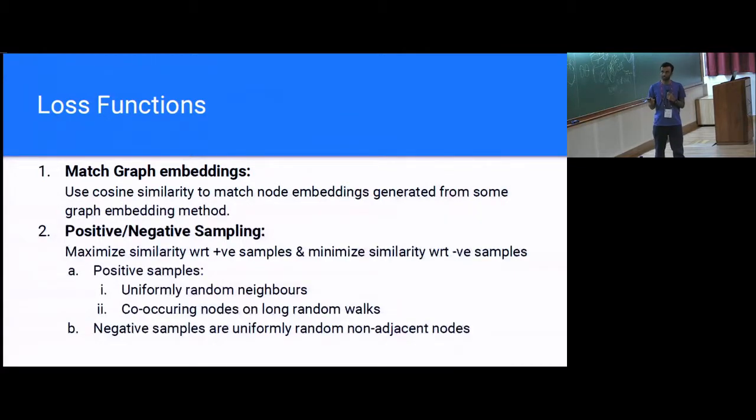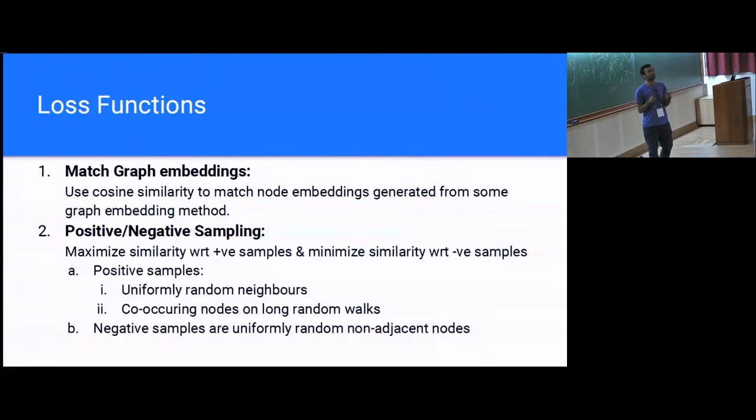And even within positive samples, we have two ways of doing it. One is from the query graph that I mentioned. You just uniformly sample your neighbors, and those become your positive samples. But the issue with such a positive sampling scheme is that